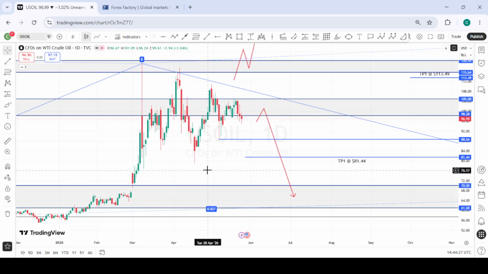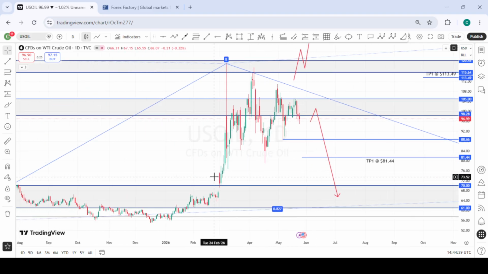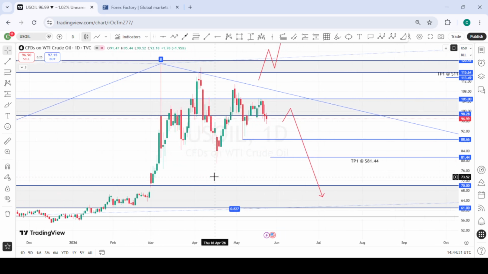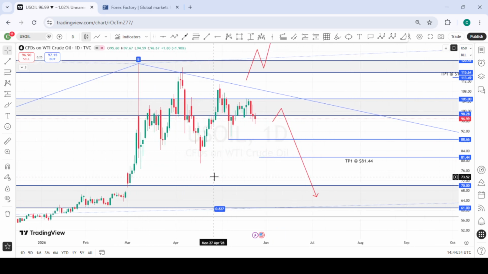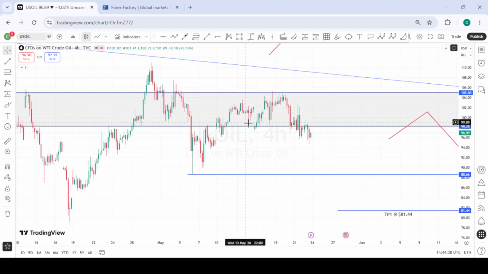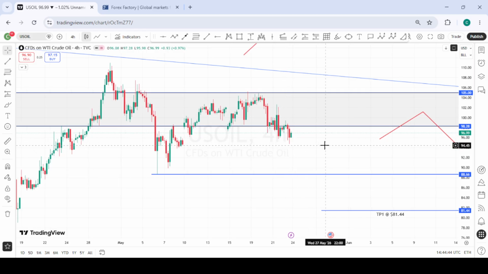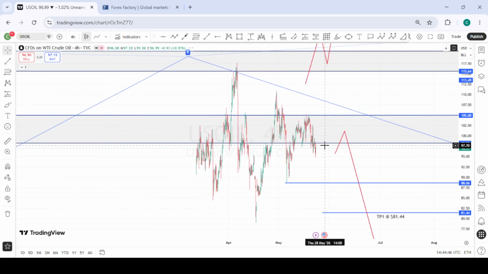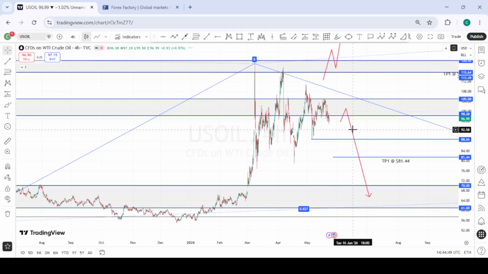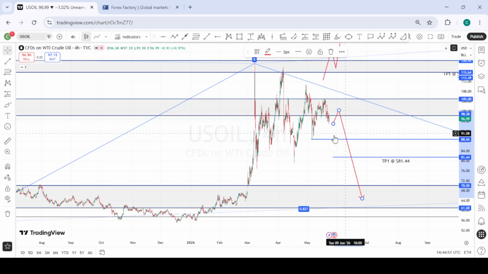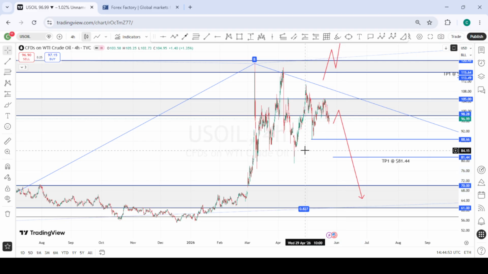This is WTI or US oil. We were very bearish last week, and we actually took a position around here, and we were taken out by this move. Price is still showing the bearishness that we were looking for from the previous week. So going into next week, we are just going to look for a possible pullback into the area of interest, and then we look for selling opportunities into the region of $61 to $70 per barrel for US oil.